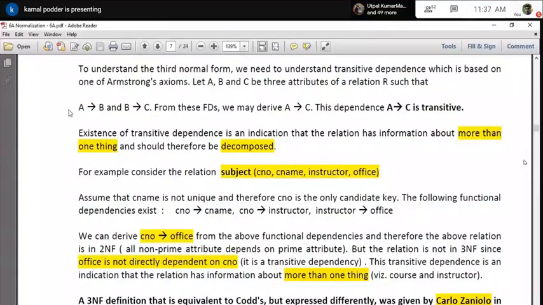What does it mean? If you follow this rule, C is also dependent on A, because we know that all the columns in a particular table must depend upon the primary key. So it is not violating the first and second normal form. It is obeying them. But the problem is that C is not directly dependent on A. It is related transitively. As B is dependent on A, and C is dependent on B, that is the reason we are saying C is also dependent on A.